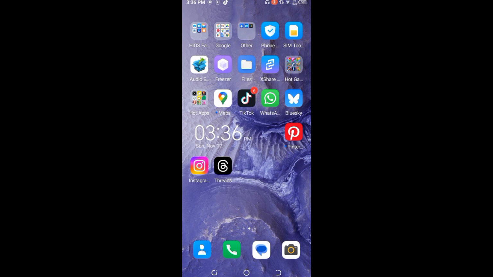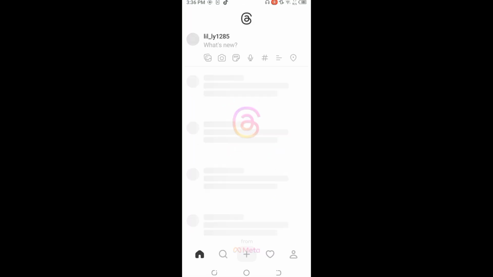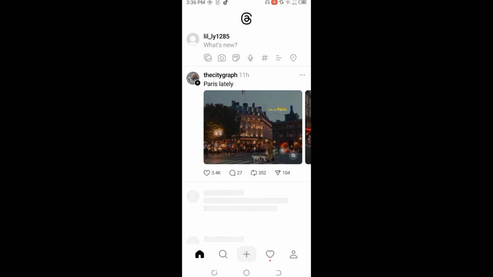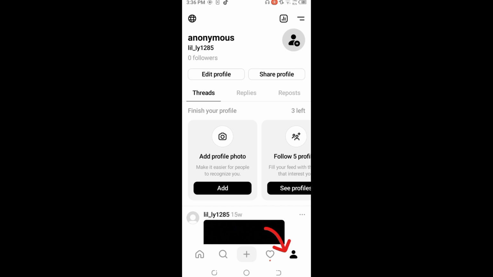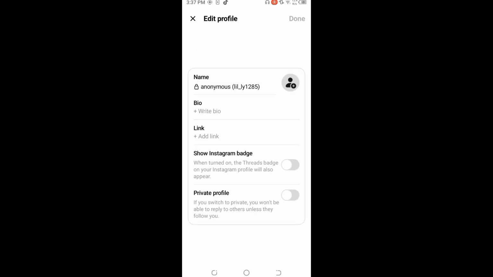So let's get started. First things first, open the Threads app on your mobile device and log into your account if you have not already. Then click on the profile icon located in the bottom right corner of the screen and this will take you to your profile page. On the profile page, click on edit profile and here you will see an option to update